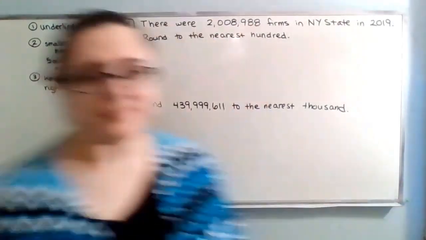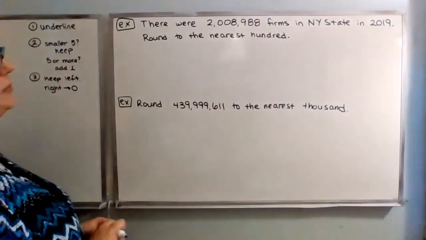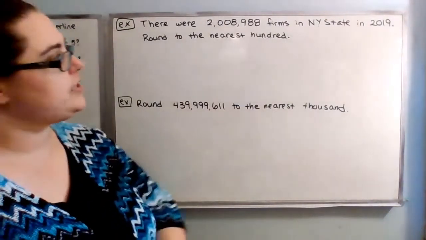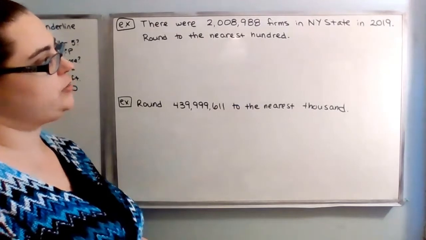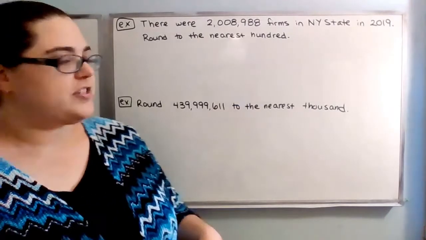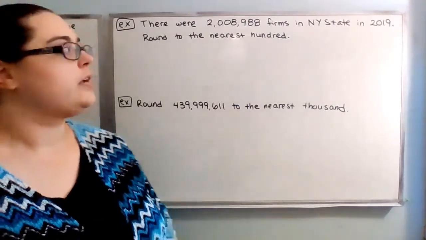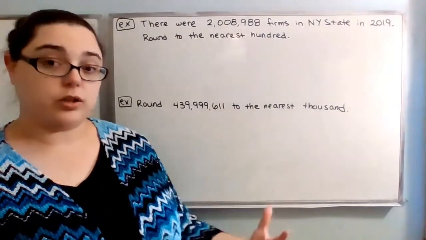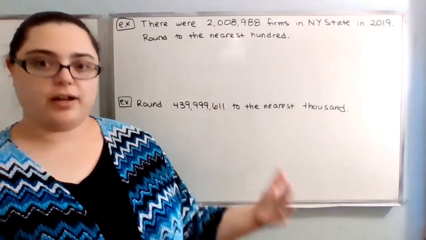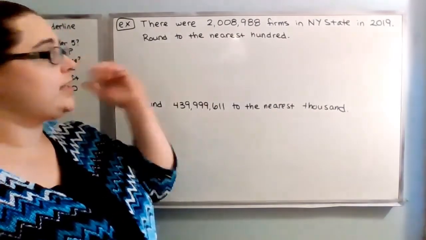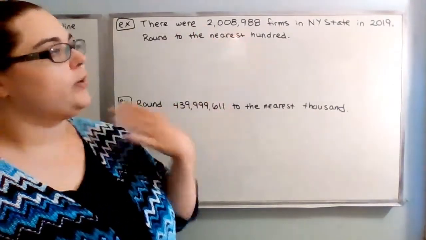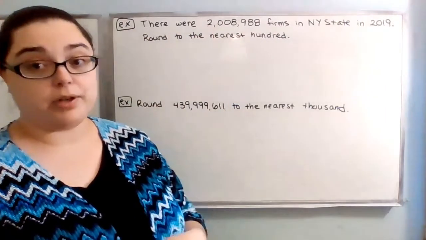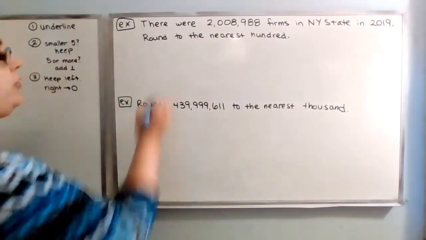So in the first example, it says there were 2,008,988 firms in New York State in 2019, and we want to round this value to the nearest 100. So if I'm using the method of finding what is closer, I'm thinking of counting by hundreds. Now this number has a big preamble to it, so I am going to include that when I'm thinking of my numbers. So to the nearest 100, that would be like